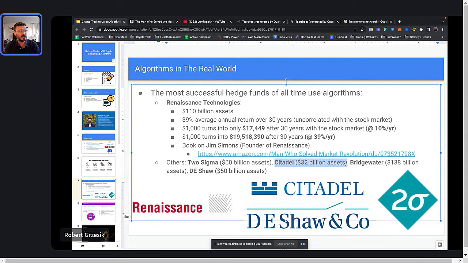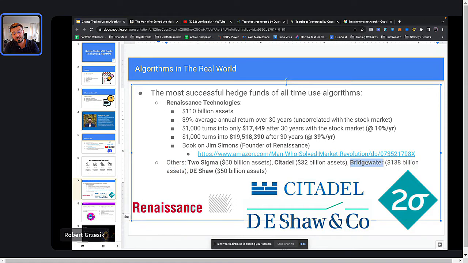making a lot of money. Bridgewater is another one, although they don't use algorithms directly to trade. They use a lot of data science to figure out where they should be placing their bets. These guys make quite a bit of money as well. You may have heard of the guy that runs it called Ray Dalio. His name is Ray Dalio. Very famous lately. He's been in the news quite a bit.